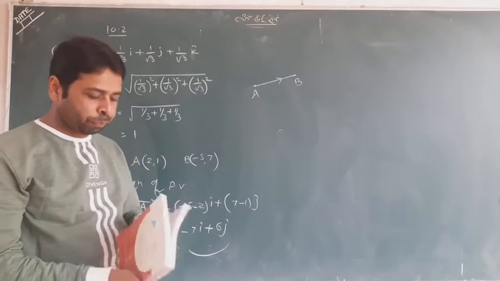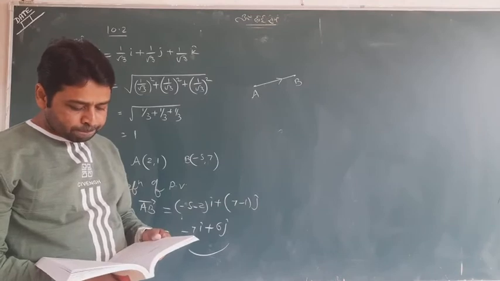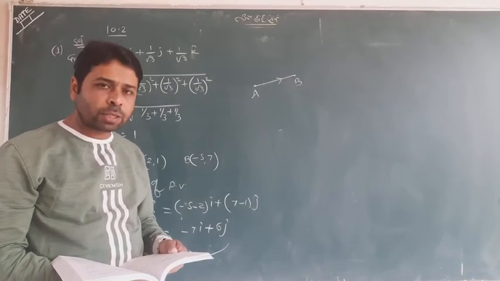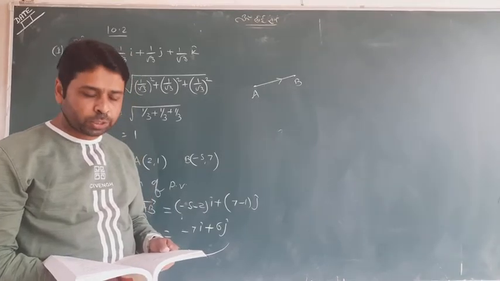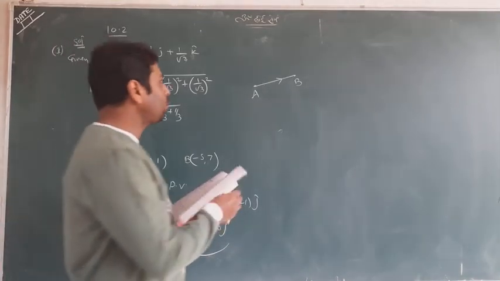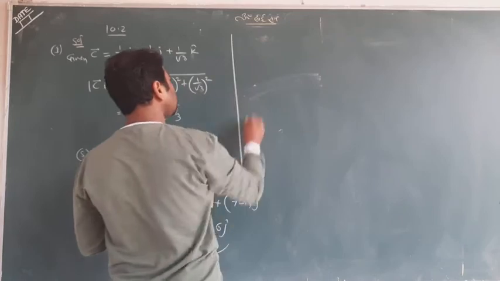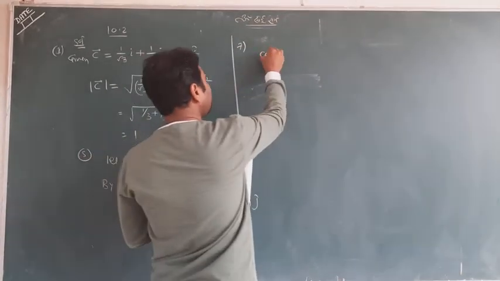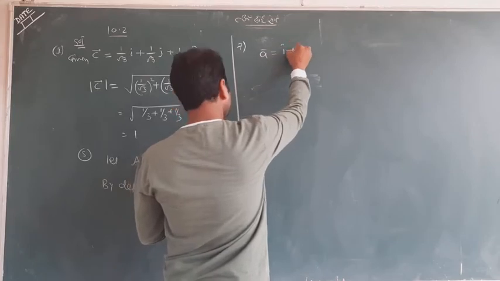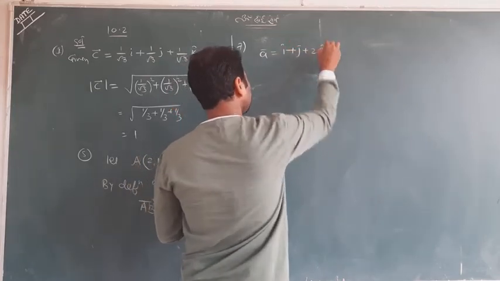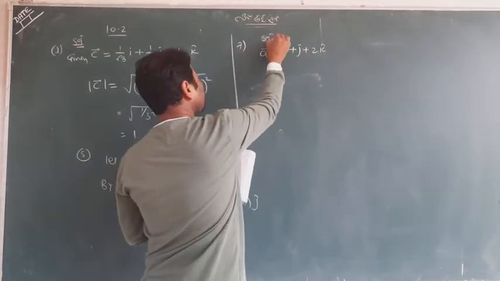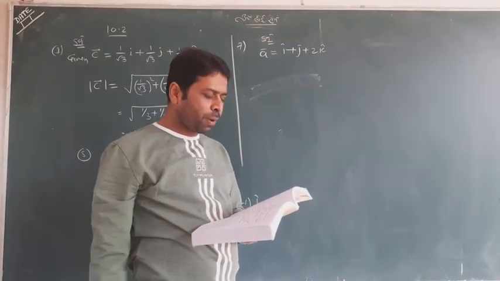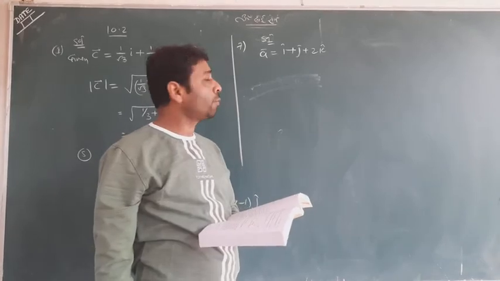You do it please. Question number 6th: find the sum of all vectors, A plus B plus C. You can do it, you know it. The 7th question I want to discuss with you here, guys. In question number 7, I have A equal to i plus j plus 2k. Its solution I have started from here, no formalities. We are told to find the unit vector in the direction of A.